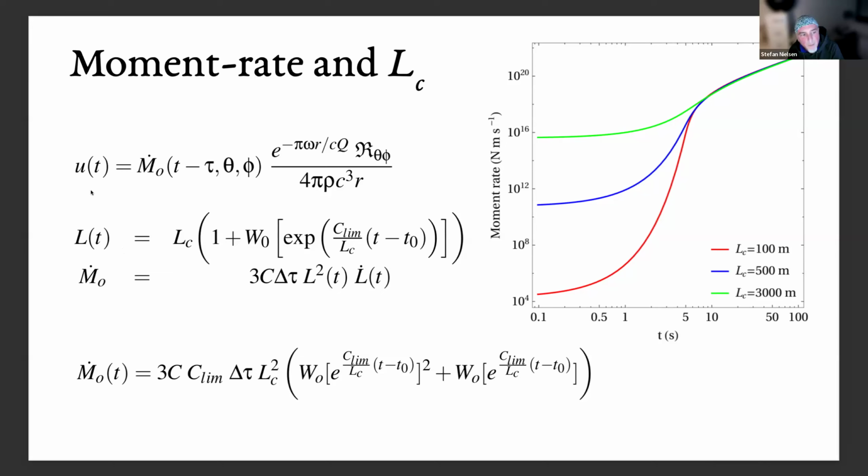So you know that in the far field of a seismogram, the displacement of the particles is proportional to the moment rate released at the source, with a number of modulating coefficients here, which belong to the radiation pattern, the attenuation, the distance, and the geometrical decay of the waves and everything like this. But for a given set of these parameters, you do have a proportionality between the particle displacement and the moment rate.